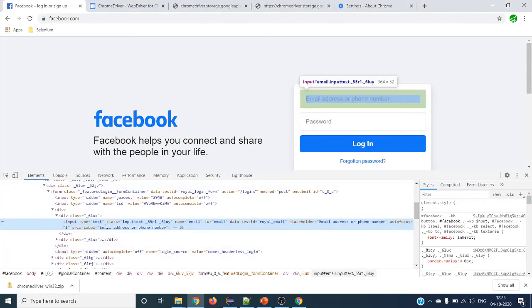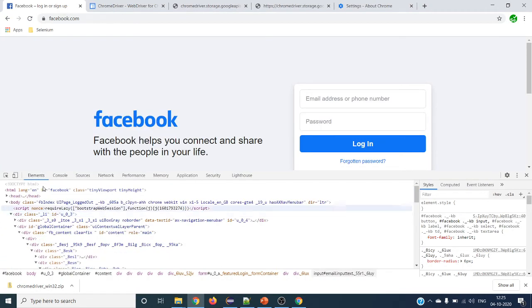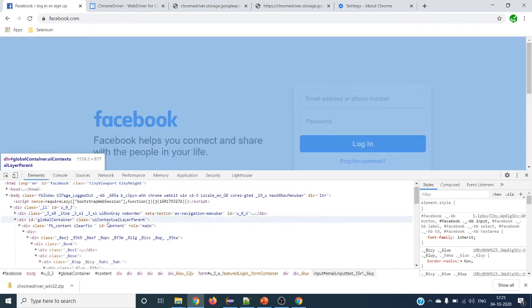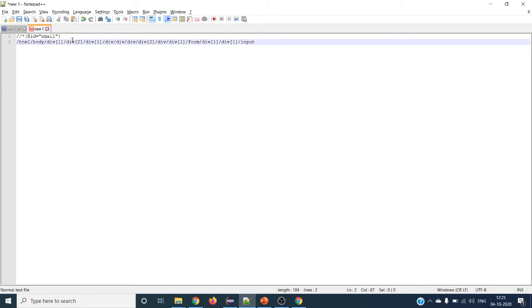If you go for copy full XPath, it will give you the path from the HTML tag until where the element comes up. You can see here it starts from the HTML tag and goes until your input tag. Both will work fine, but if there is any change in the UI, for example if they add one more div over here, this complete path will break and your test case will fail.